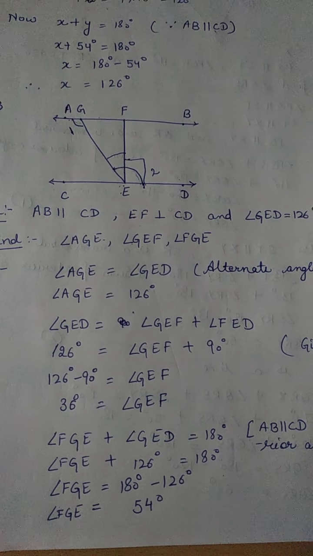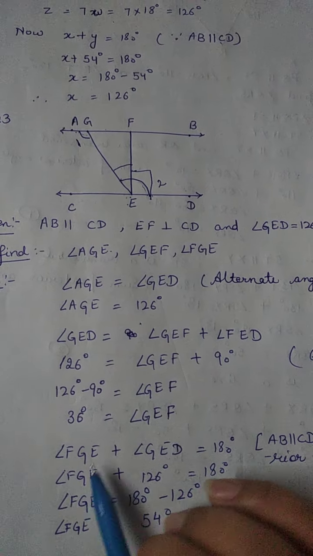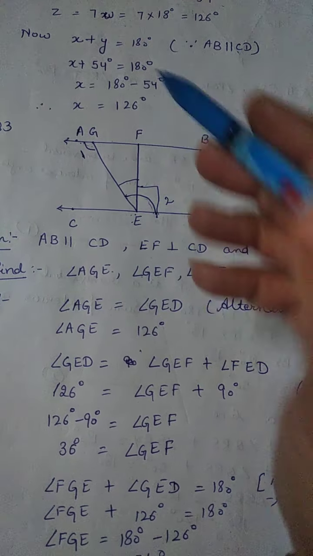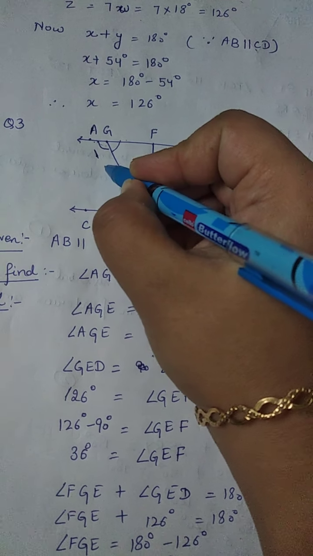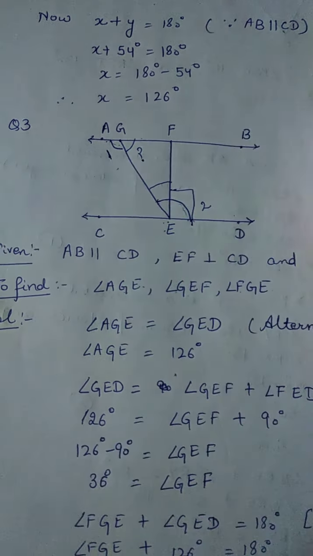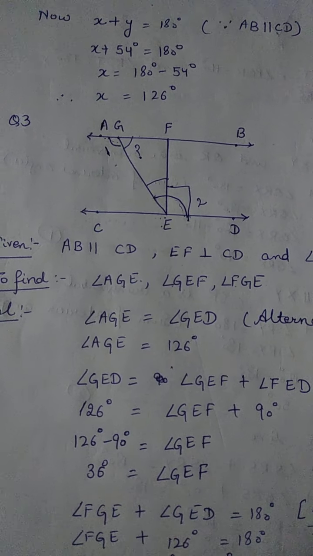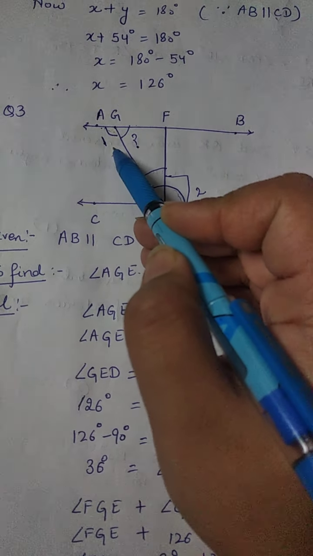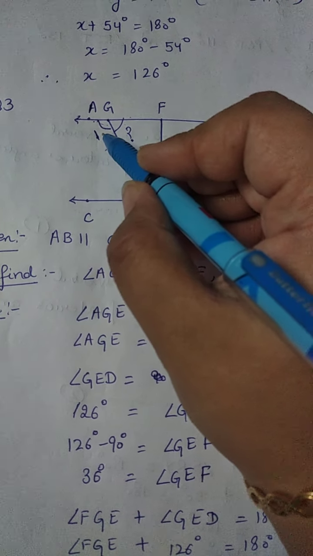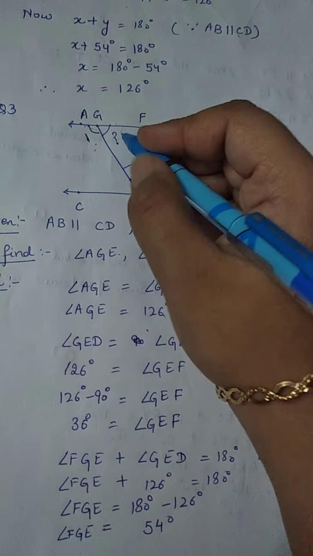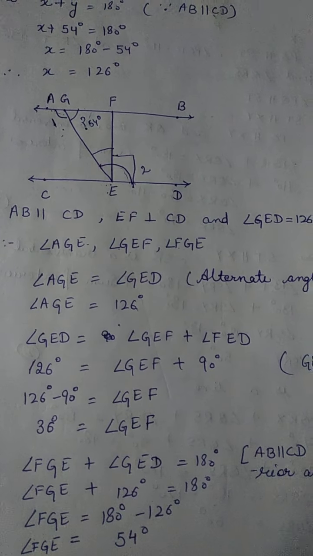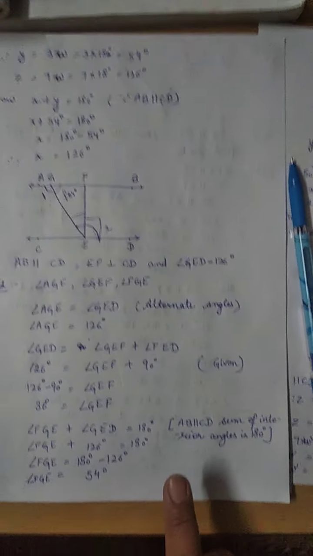So now next part, angle FGE. What you need to find? FGE. F, G and E. This one you need to find. If I know this, I can calculate this as well by applying the linear pair property or anything else, whatever you want. Okay. So this is the one I have just calculated, 126 degrees. 180 minus 126 degrees will give you 54 degrees by the linear pair. There are many other methods to find this, so you can apply those as well. So with this, our question number 3 is also finished.